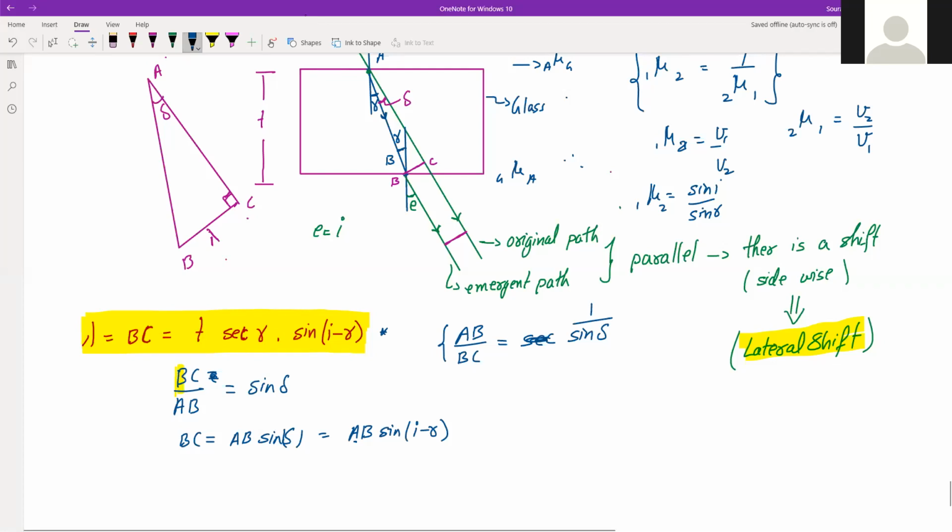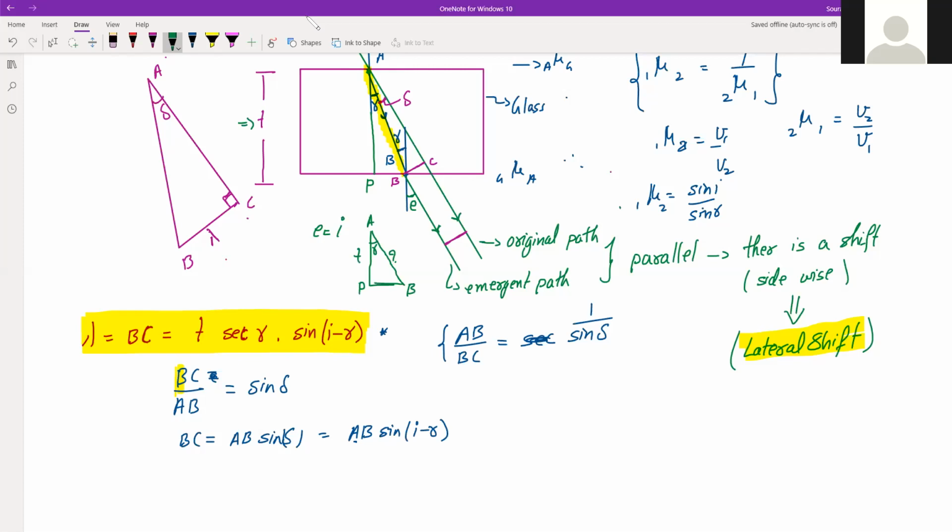Now see this triangle here. This is AB, right? And if we have to find AB, we will have to see this right angle triangle now. Suppose this point is P. So this is actually like this: A, P, and B. And this is angle R. What do we have to find? We have to find AB. What do we have here? We have this AP. This AP is equal to T.